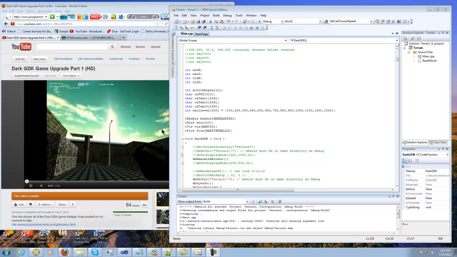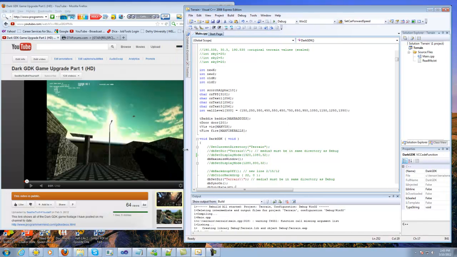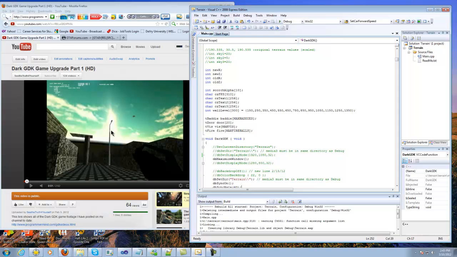series that you may have seen on YouTube here. I have an example video here showing off to the side. It's the modification of the Dark Dungeons by the game creators. And this tutorial here is actually to show people how to create an executable file directly within Visual C++, so